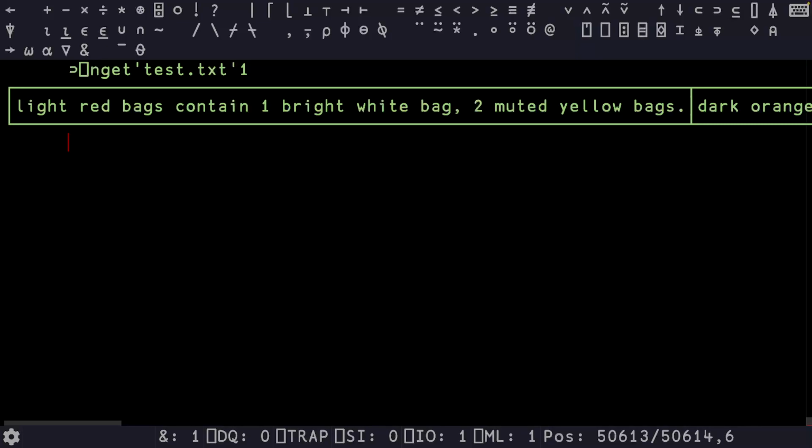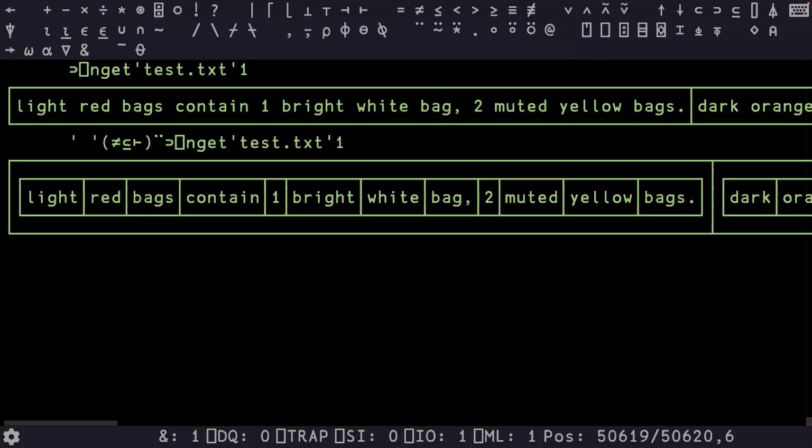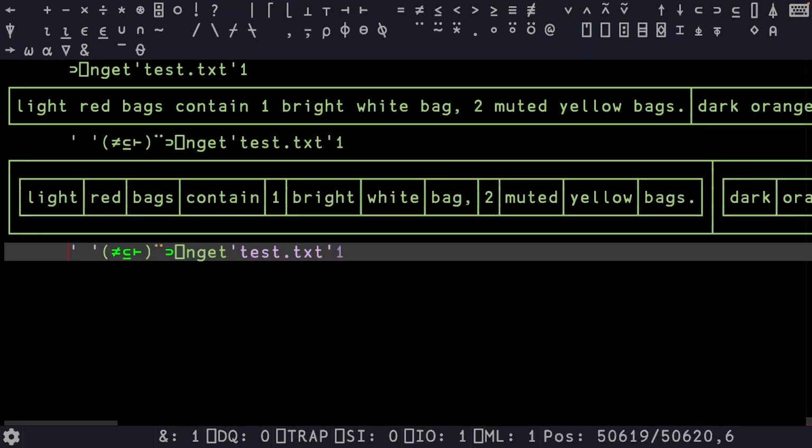So as I mentioned, I already have our test input loaded up. I think it makes sense to split each one on spaces. We can do for each here. Great. So basically each row contains individual words. We can assign this to P, and then it makes sense to be able to get a vector of all of our